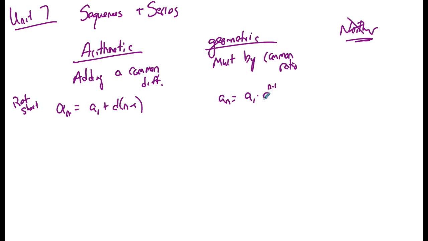The common difference is just adding. The common ratio is just multiplying. Those are on the reference sheet. Those are explicit formulas. If you want the millionth term, you plug in a million. If you want the 200th term, you let n be 200. So whatever term number you want, you plug it in. Versus writing them recursively,